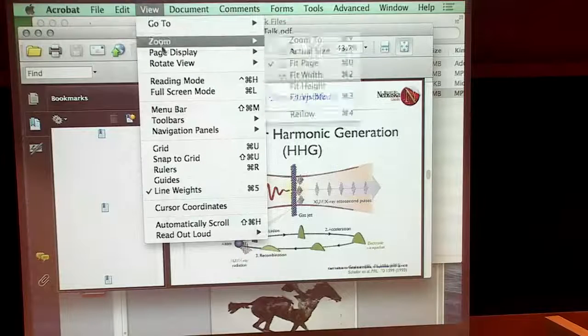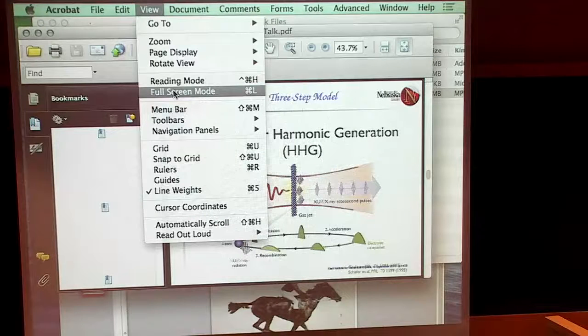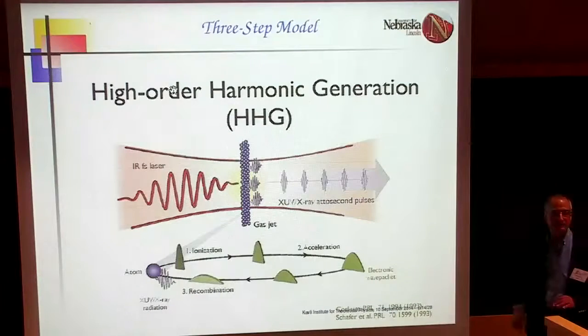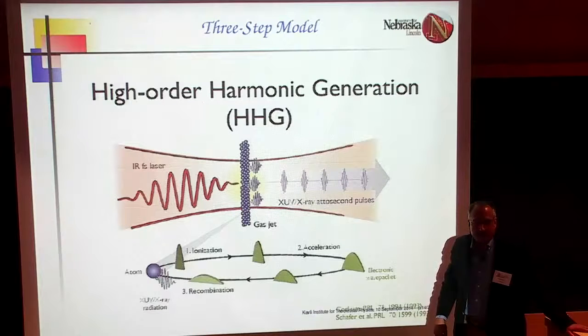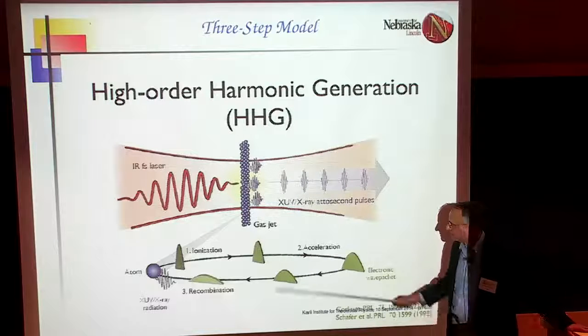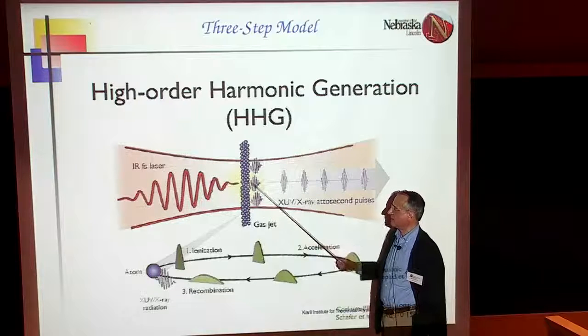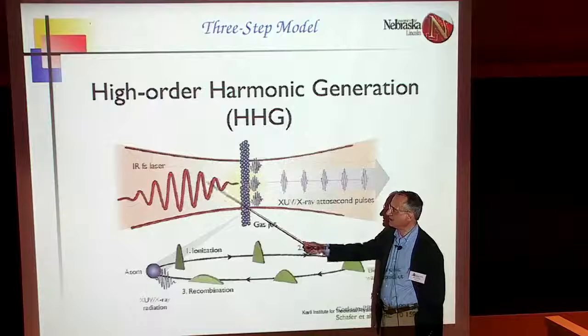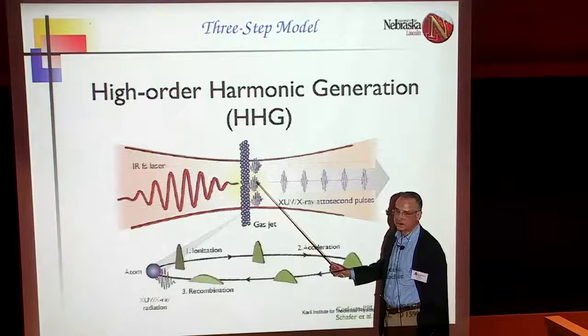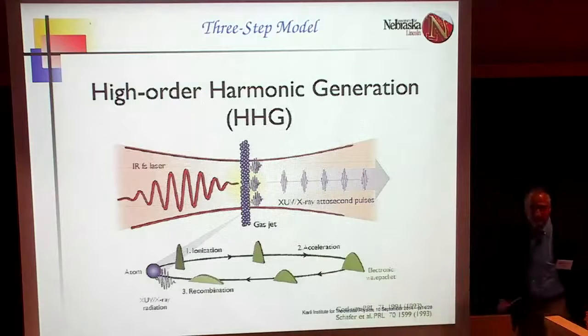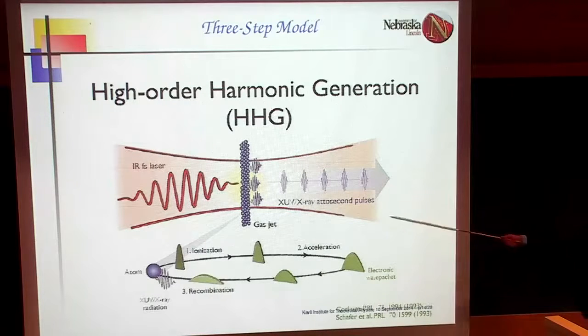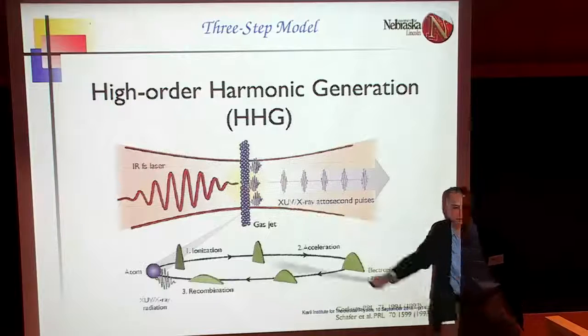Do you have to filter out the original laser pulses, even though they're very different frequency? Say that again? Do you have to filter out the original laser pulses? They get through the gas jet? Well, this is in a different frequency range than the bursts, so it doesn't really matter. Right, they're in different frequency. Because the burst is harmonics of that frequency, that's all you're interested in.